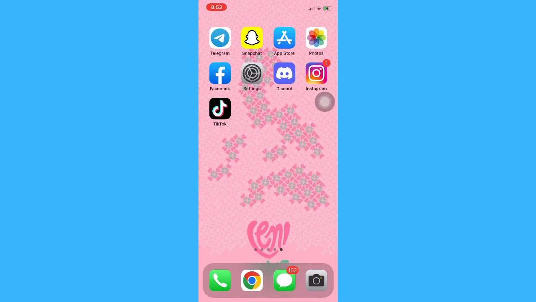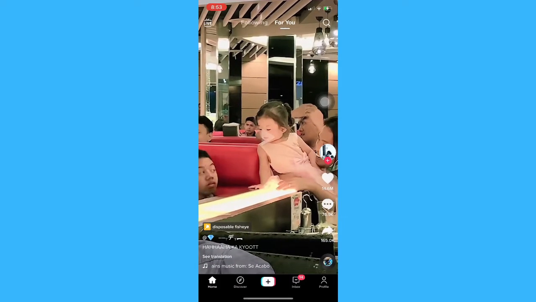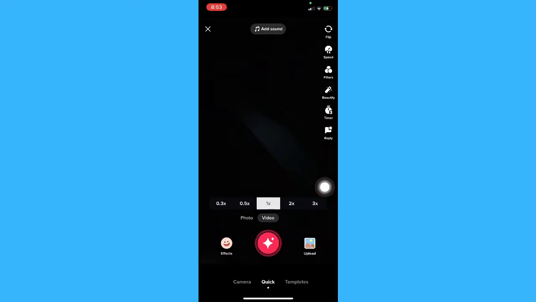So let's begin. The very first step is to open your TikTok app and then click on the plus button found on the bottom mid of your screen. And once you're here, make sure that your camera has been flipped into the front one. So for example, I will use my Tumblr. As you can see, my Tumblr is not that visible. However, if you are going to follow the steps that I will be teaching you, my Tumblr will be visible